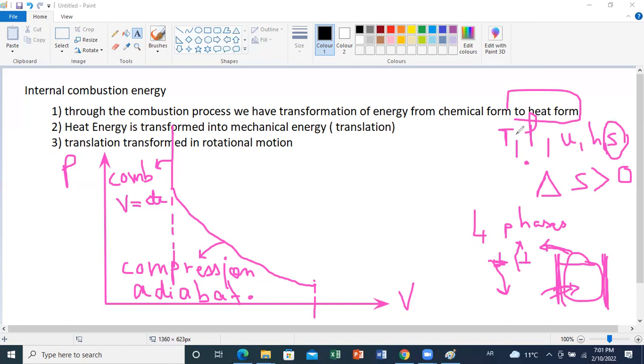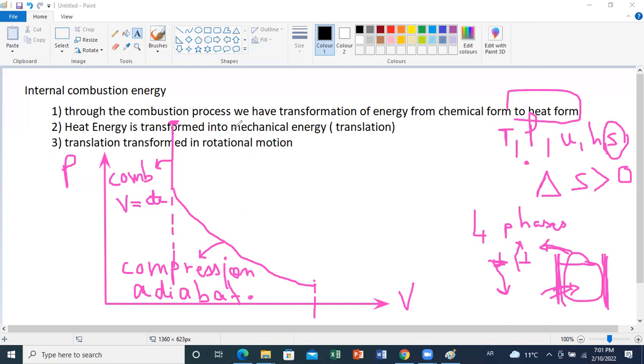to a very high increase in pressure, as we can see in the figure. This will happen, of course, with an increase in temperature. So this mixture of very high pressure and temperature will push on the piston downward with a very high force, and we'll have now what we call the